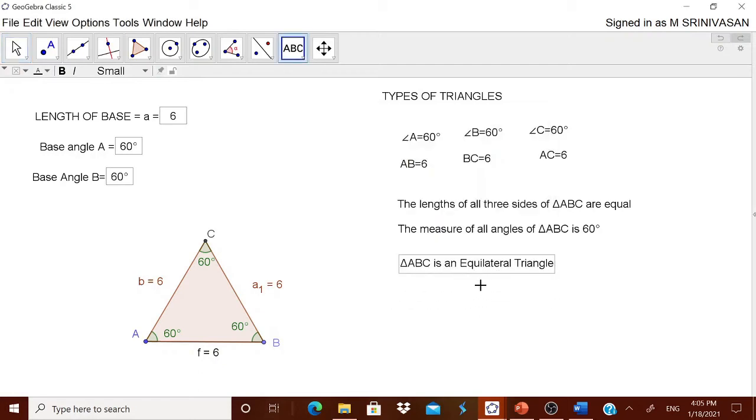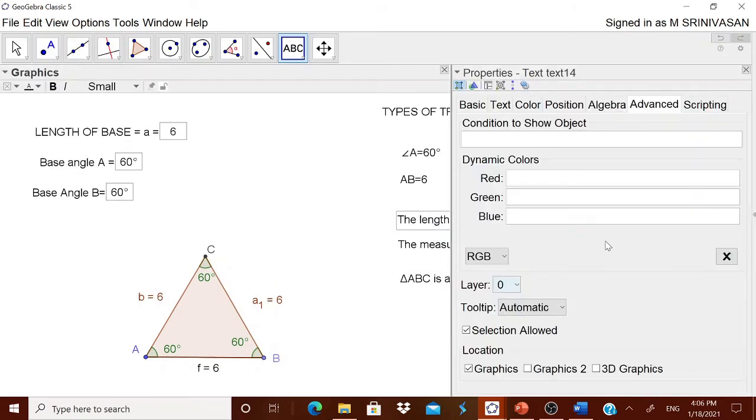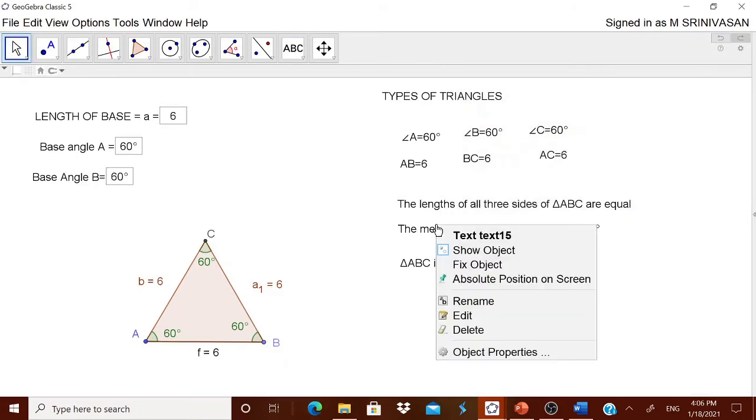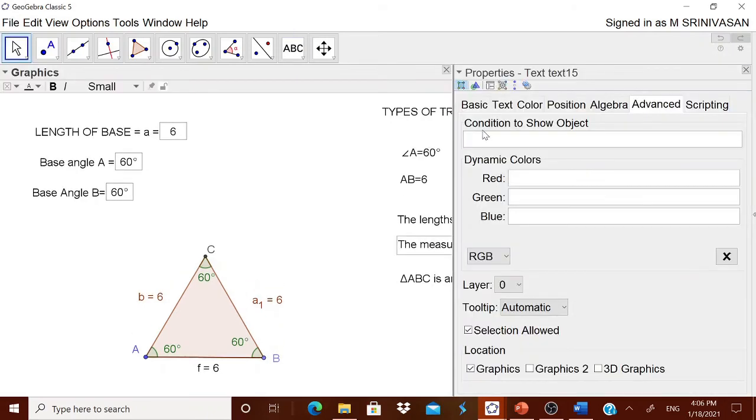What's the condition we want? Remember, it is already A and A1 and B are equal. Now A is equal to B. That's the condition. B and A1 are already equal. Suppose if A is also equal to B, it will happen automatically. Go to these object properties. Okay, the condition is A should be equal to B, that is A and B, or A is equal to A1, whatever you want. Then once again here object property condition is A is equal to B.